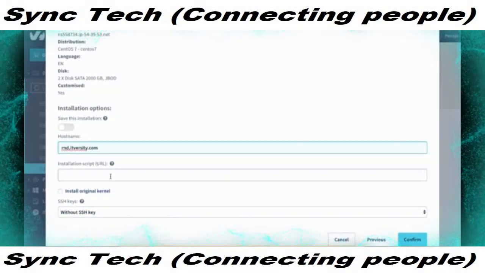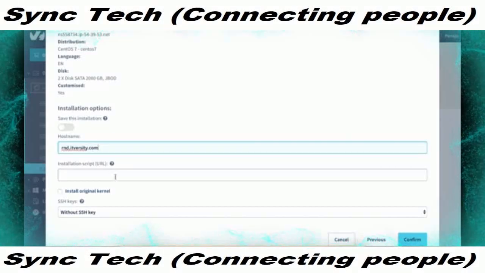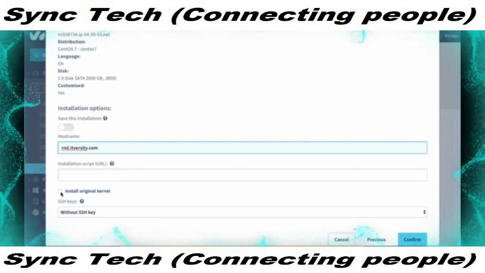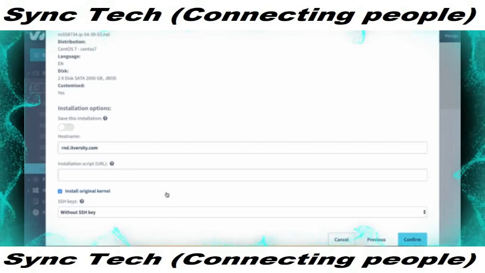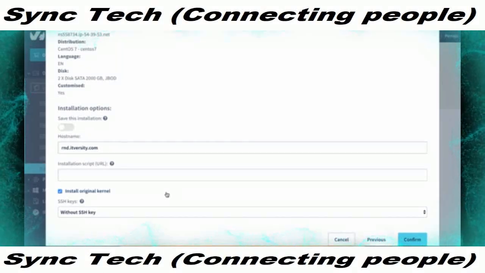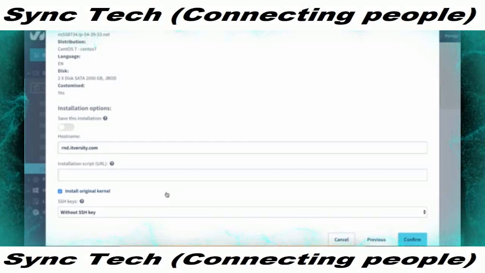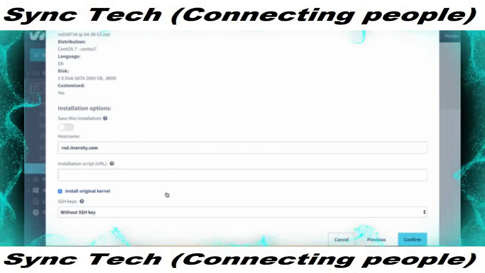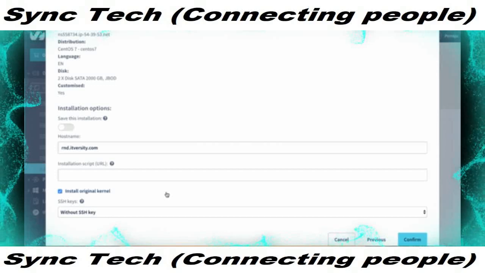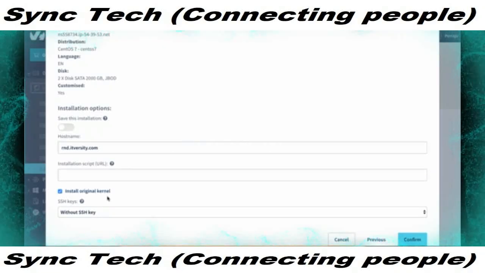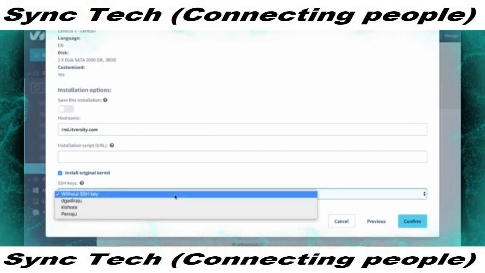Okay, and then if you have any post-installation script that you want to execute, you can pass the URL here. We don't want to do that. And here, make sure you choose install original kernel. By choosing install original kernel, you don't need to worry too much about the custom kernels provided by OVH. Some of the features which work with the typical CentOS 7 might not work here if you don't choose the original kernel. Hence, make sure you choose original kernel,